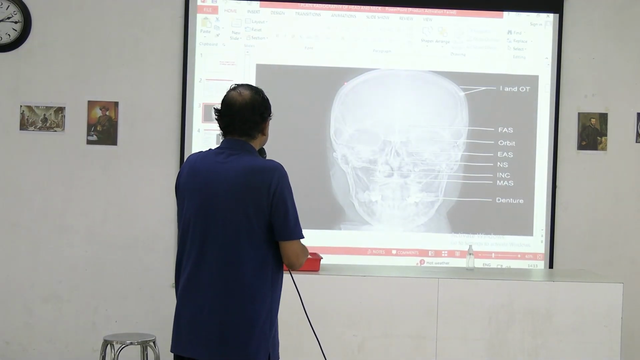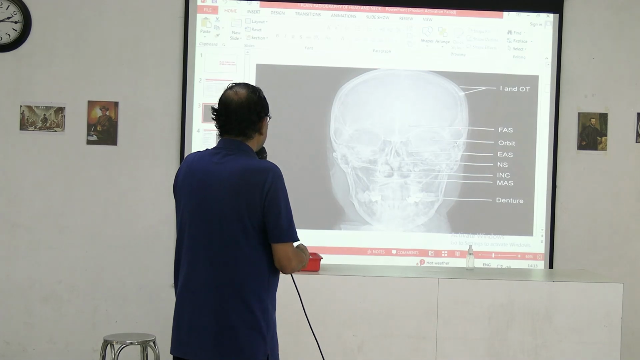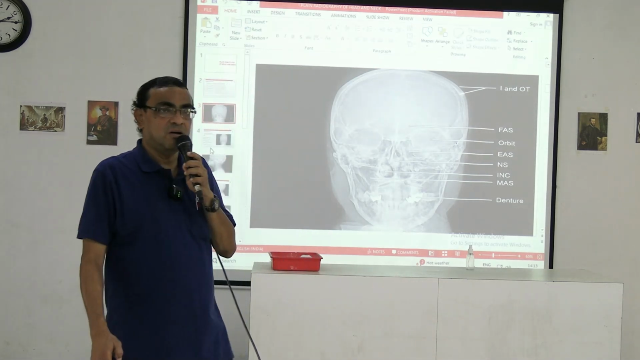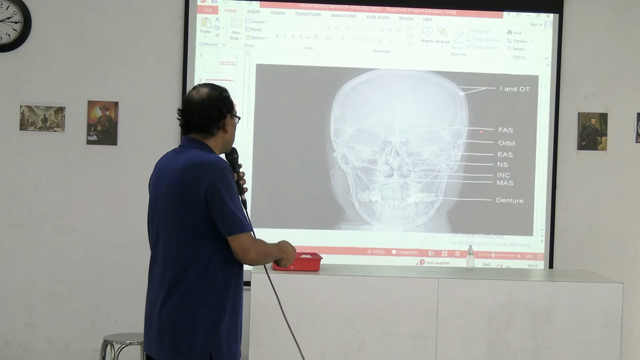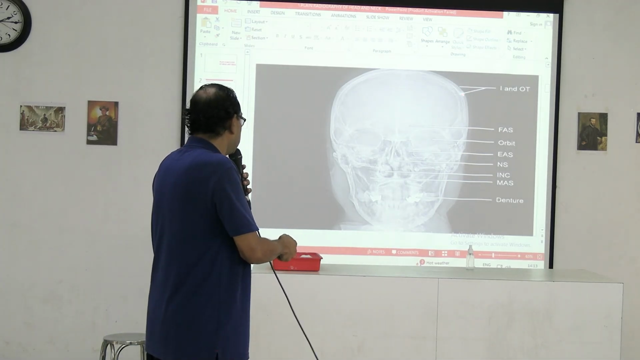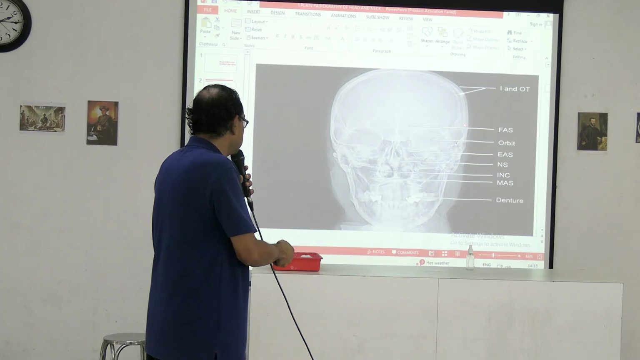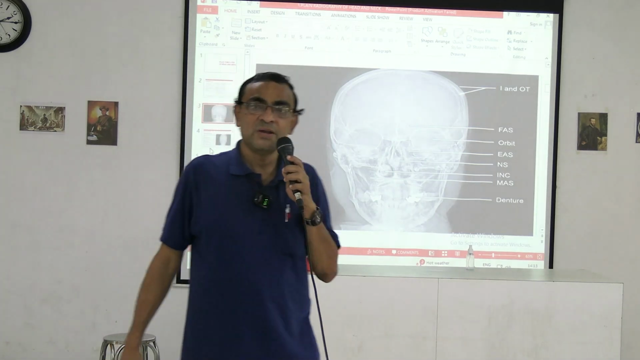You can see this is the bony skull, which has an outer table and an inner table. In between we can get